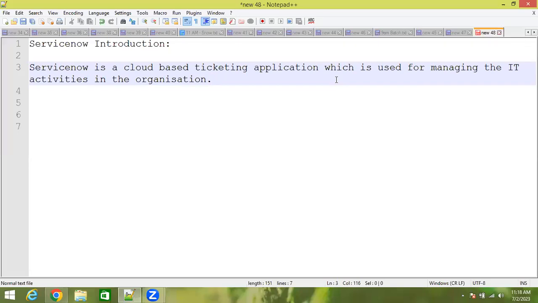All the onboarding formalities will be carried out through some HR onboarding process. How is it done? Through some request. Again, it's also one of the IT activities in the organization, employee onboarding, right?